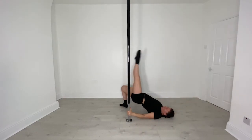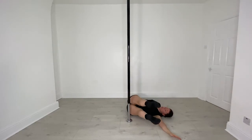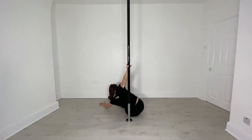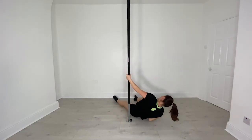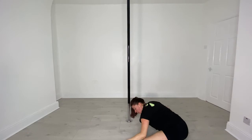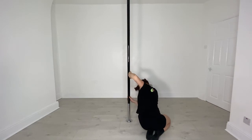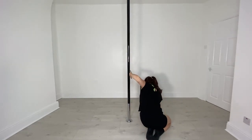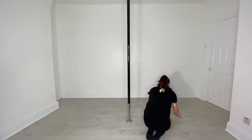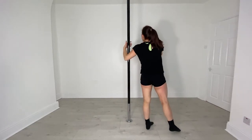Lift, drop. Extend both legs, bend both knees, extend the legs, drop them to the side, hand goes onto the pole, open out. Scoot the legs around, switch, through the little forearm stand, left hand onto the left leg, pull it in, hand, pull away, and then lift through the hips, lift once more, releasing the left hand from the pole, find a second, forward, up, side, in, kick,